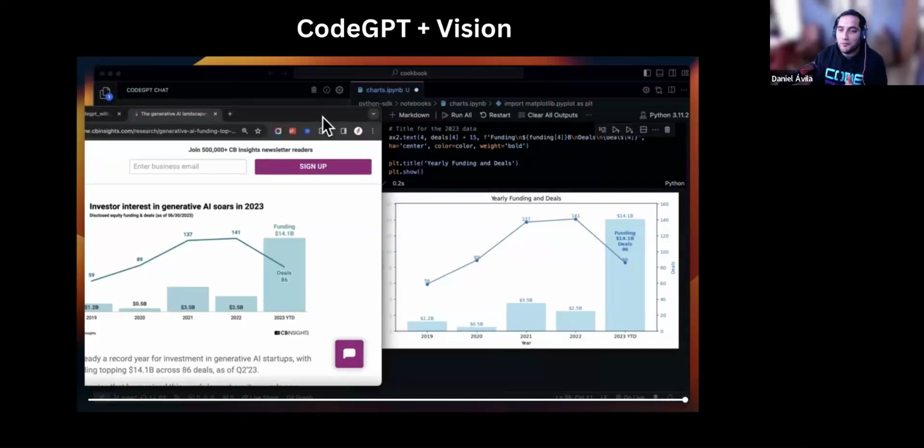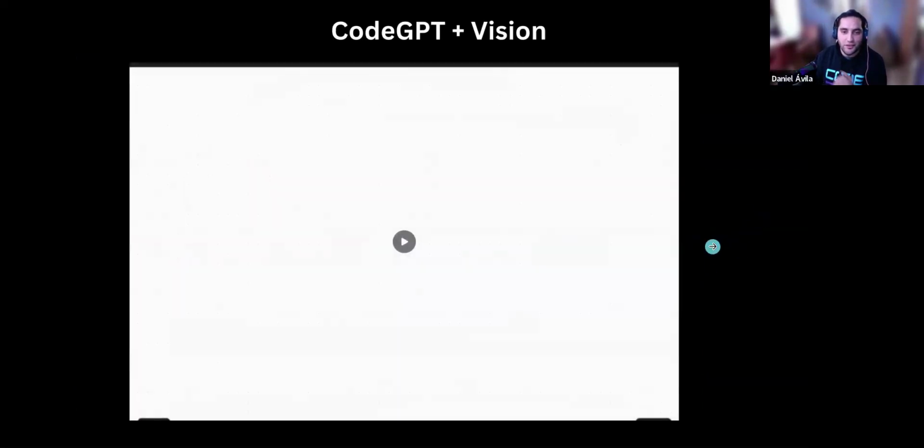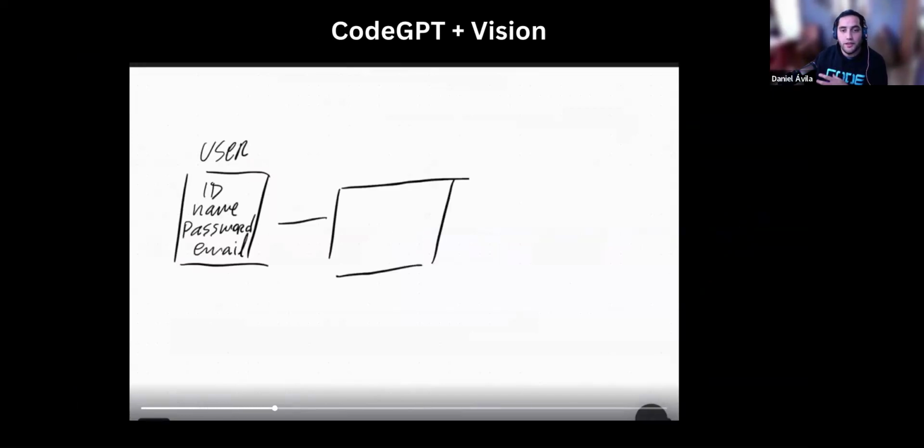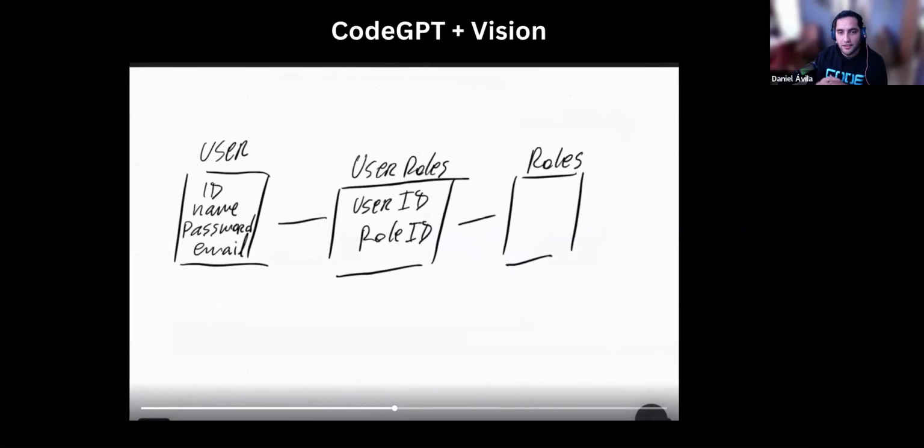And this is pretty amazing because right now you could use image and text for coding. You could use different kinds of images. For example, here I'm just drawing some tables, and CodeGPT is going to be able to know that you are using these kinds of tables and you are writing.